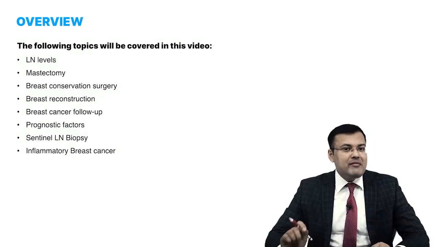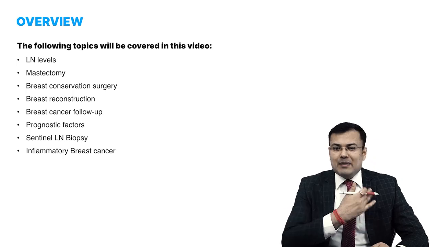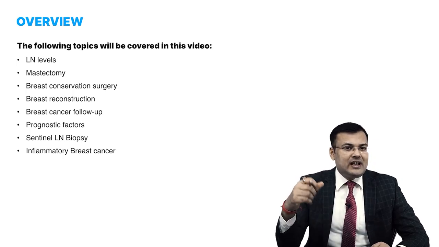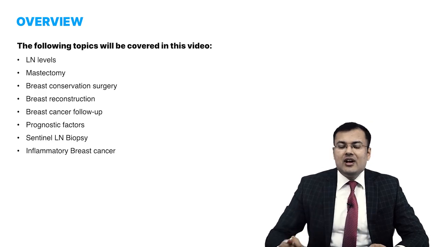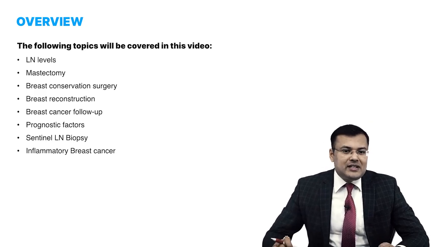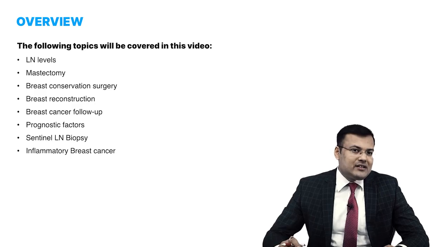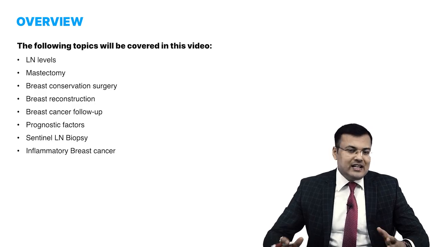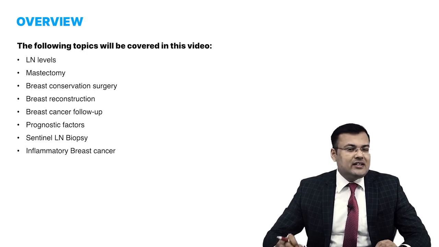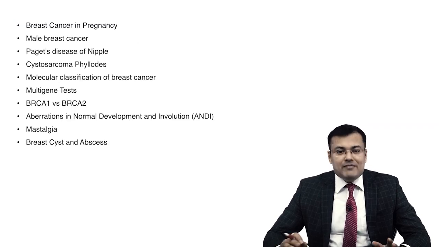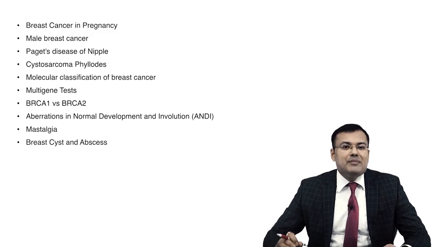Hi guys, so now we are going to start breast part 2. In this chapter, we will be discussing lymph node levels, the types of mastectomy, breast conservation surgery, and after that, breast reconstruction. In this chapter, we will be discussing breast cancer follow-up, prognostic factors in relation to CA breast, sentinel lymph node, and then we will be discussing the special types of breast cancer like inflammatory breast cancer in pregnancy,